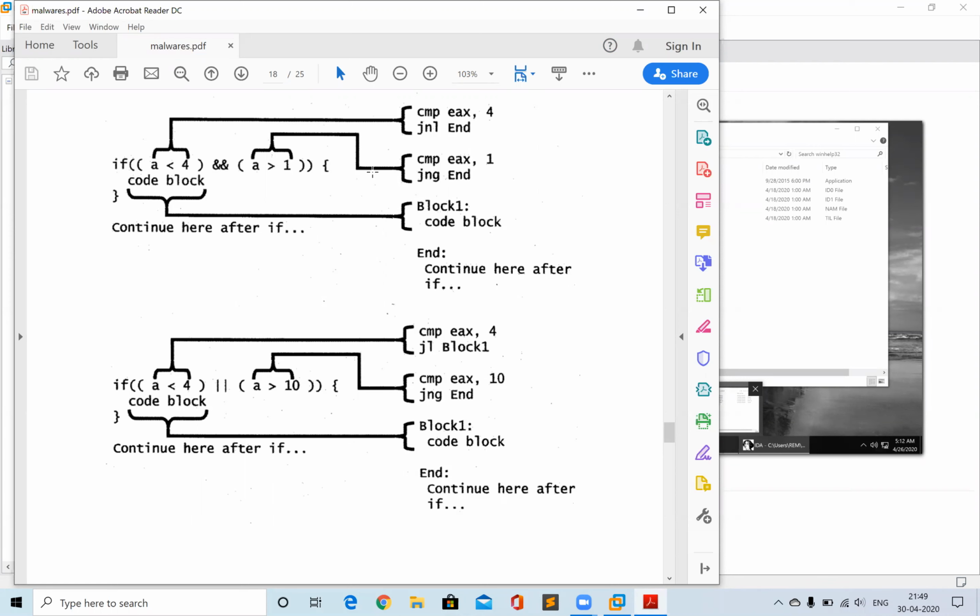The only difference is that in the first one, you can see it is an and, so both instructions will be implemented as not and. But in or, only the first instruction is implemented as kind of not, and the other one is fine. It's not implemented, it's like a normal or kind of thing. Okay, fine.